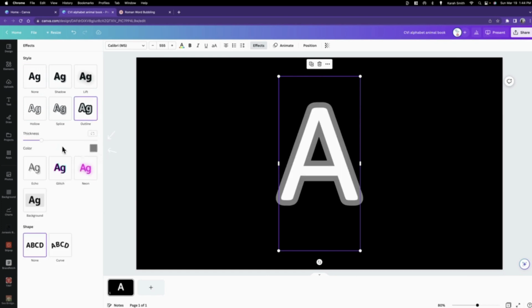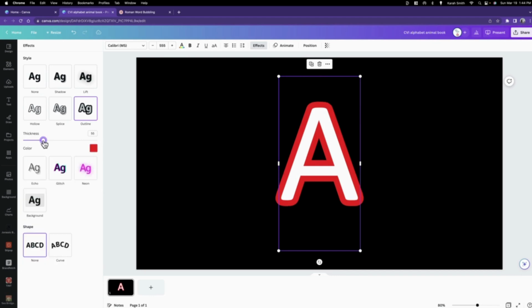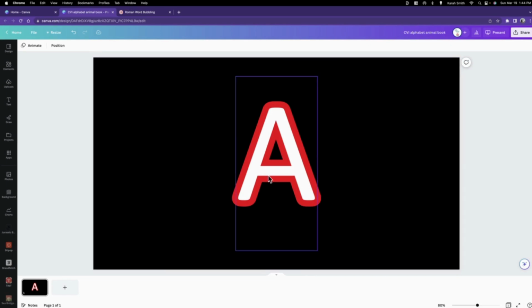And to change the color of the outline, you'll select this box here. I'm going to select red for my outline, and you can play around with the thickness by dragging this toolbar to the left and to the right. And again, work closely with your teacher for the visually impaired for the correct colors, correct font, the amount of thickness around the letters. Once you have the A ready, you will go down here below your slide, and you're